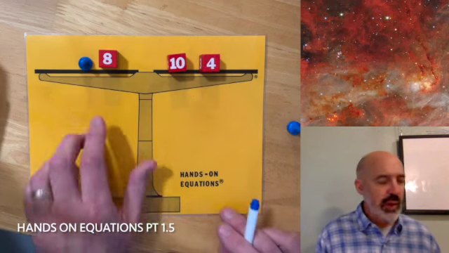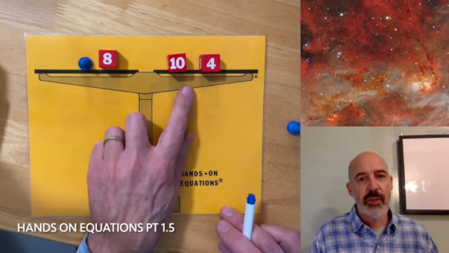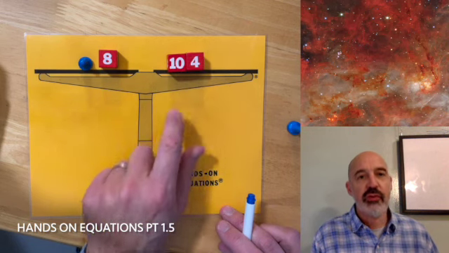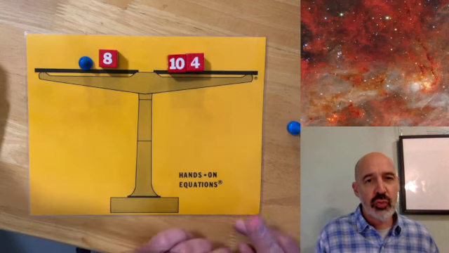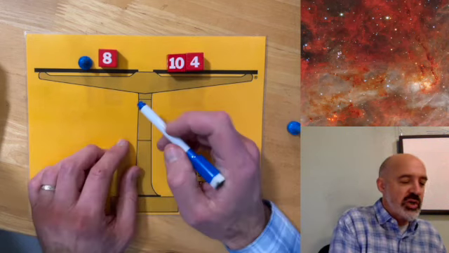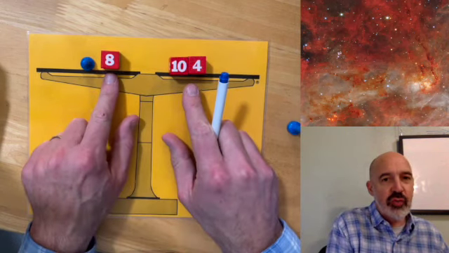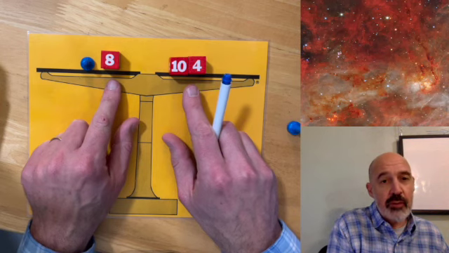So here's one last problem. Pawn plus 8 equals 10 plus 4, which is read as 14. So if you ask your child, well, okay, so what is the rule? What can we remove from both sides? They should hopefully recognize that 8 and 14 are both numbers, and you can remove the smallest amount from each